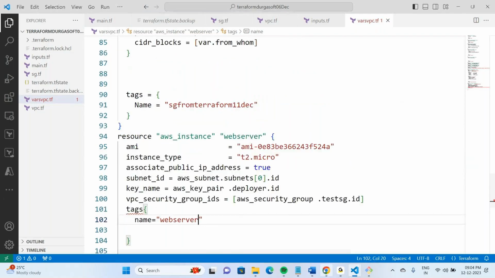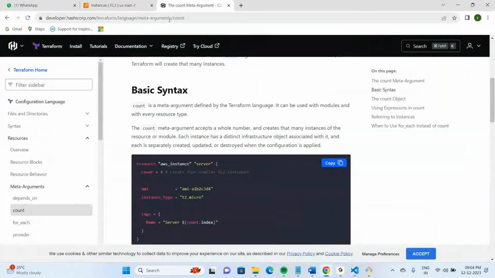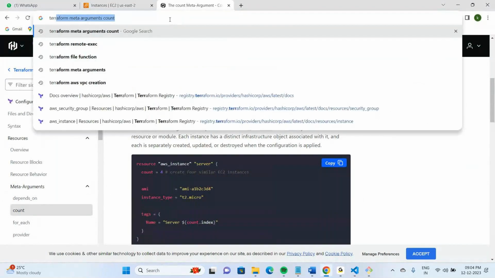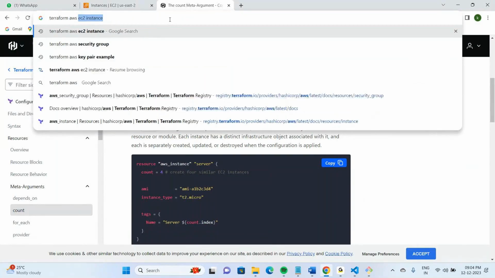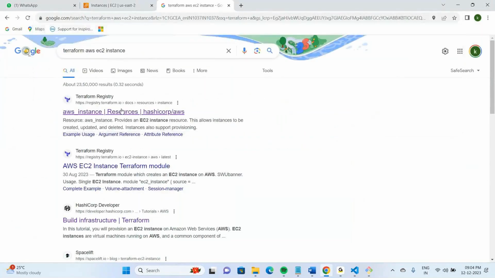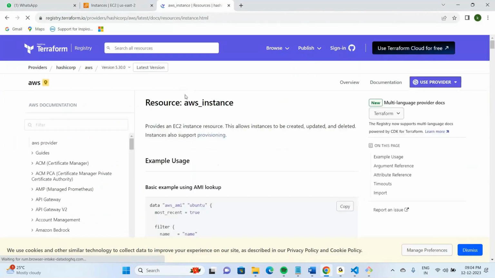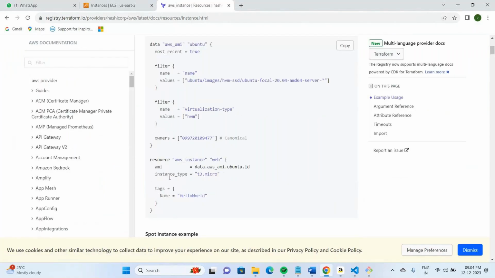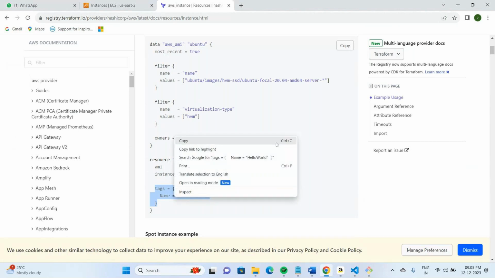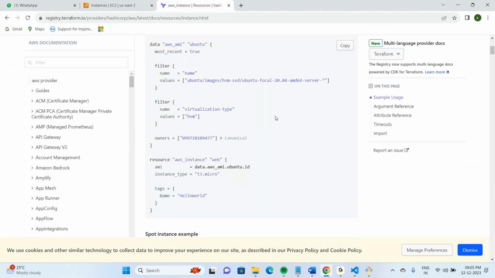So I think tags must be given like this. Terraform, AWS EC2 instance. Tags must be given like this here. Okay, I am not going to give it because we know how to give tags